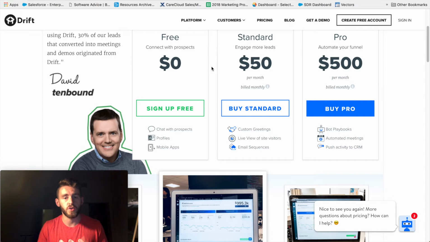And then you see as you go up to standard, you get custom greetings. So you can set custom greetings depending on if you know someone's coming from a particular source or you have certain things you want to say to certain pre-existing contacts. Live view of site visitors, which is really cool. This is kind of the cross between anonymous identification of traffic and being able to see who in your contact base is currently on your site, how hot they are as a lead to your business, and then interact with those people that you want to, and I guess ignore the people that you don't,